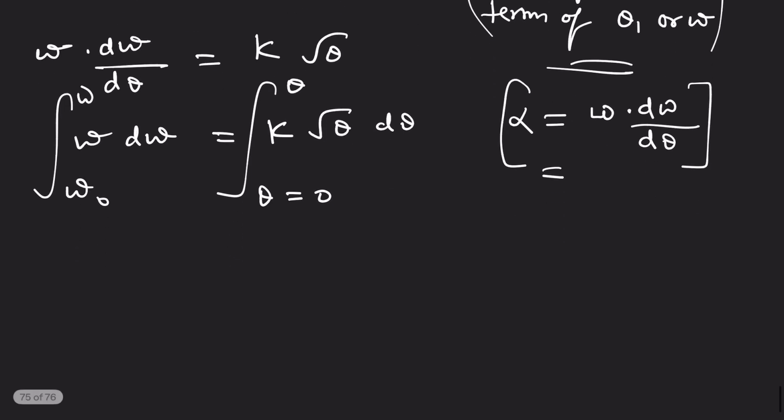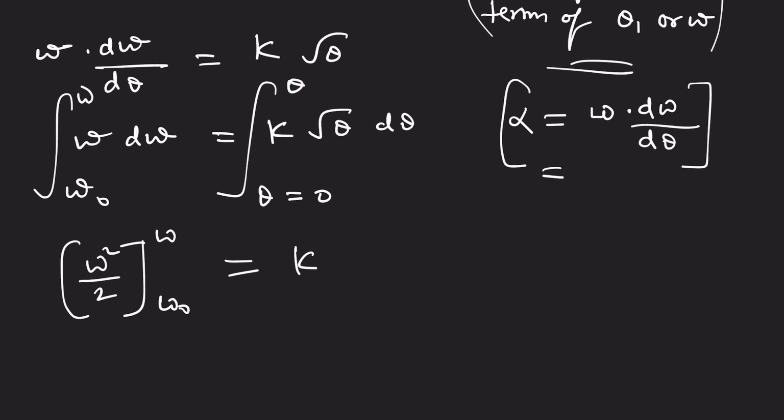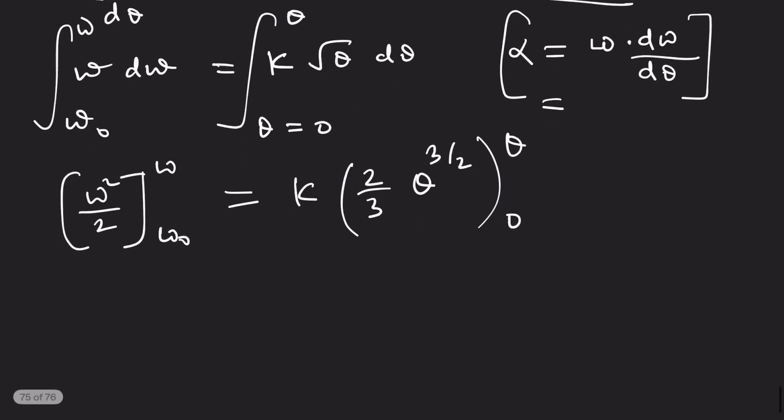So guys, if we integrate this, it will be omega square by 2, with limits omega and omega naught. And here, the integration of k root theta will be theta power 3 by 2 divided by 3 by 2, so it becomes 2 by 3 theta power 3 by 2, with limits 0 to theta. If we solve this, we get omega square minus omega naught square